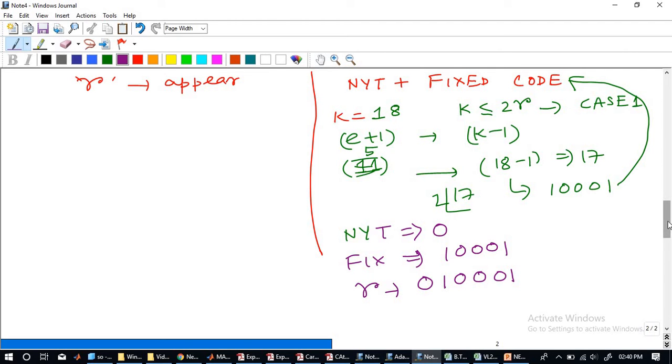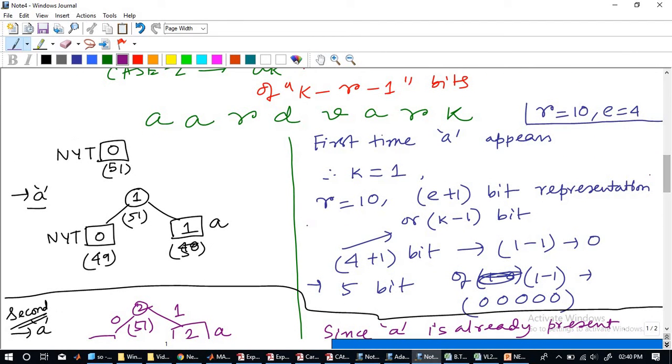First, when A appeared, ideally no, because when the first NYT node is there, we don't have a root node. When the first A appears, there is no root node. This part only happens when we are inserting this A. At the initial stage, NYT is only present. It doesn't have a root, it's just the starting of it. So we will not take it into account. That's why we only take these 5 zeros. But from next time onward, the previous position of NYT is taken care of, because there is now a root present. So we'll traverse the root and find out what the weight is.